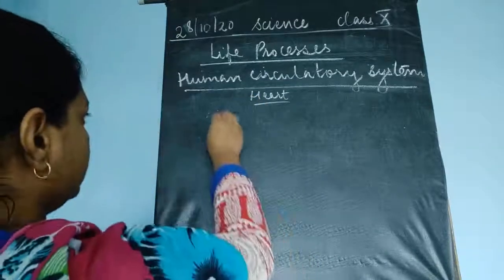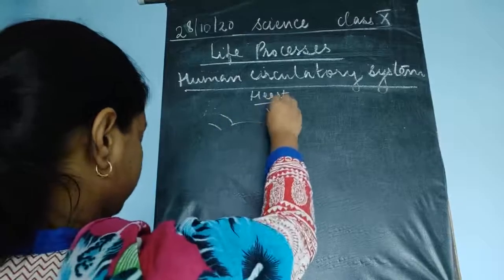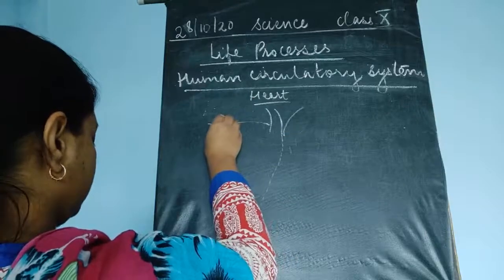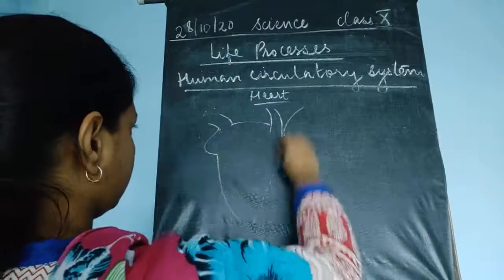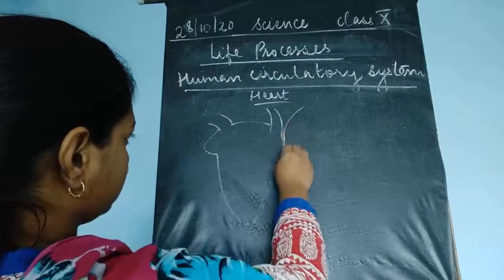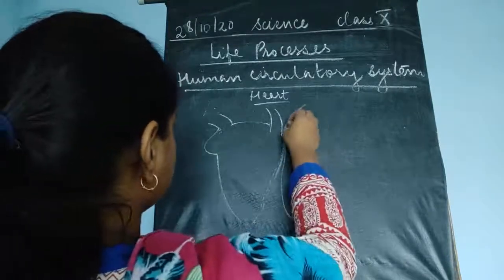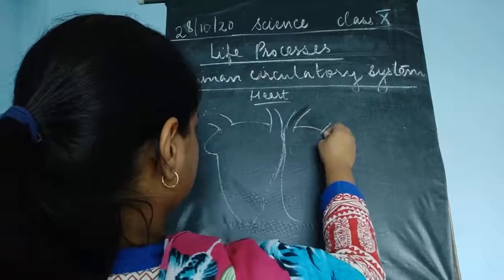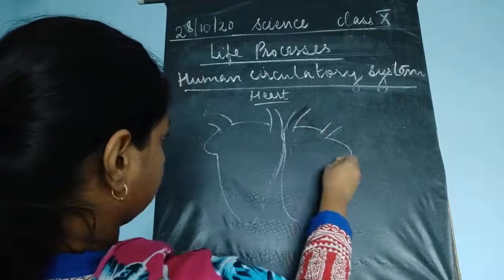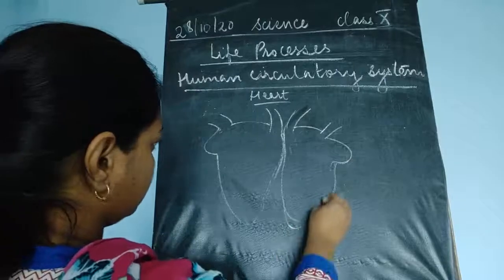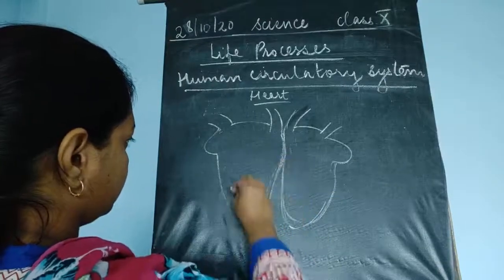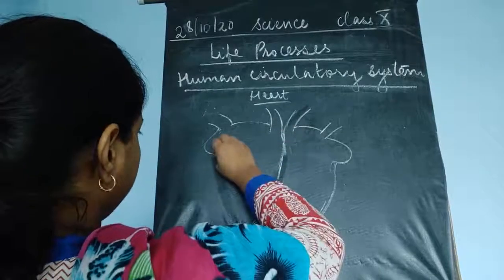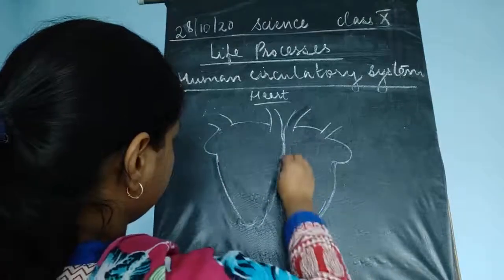Now if I draw this, okay, it is roughly triangular in its shape,